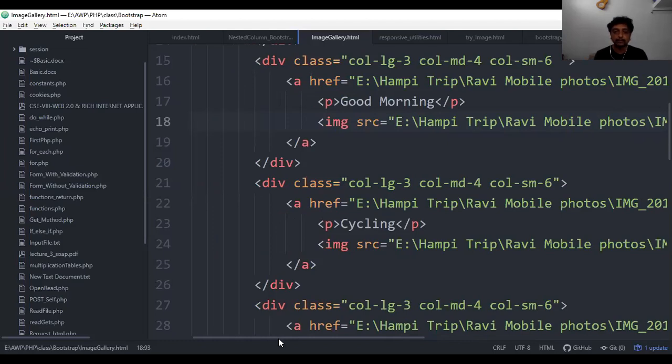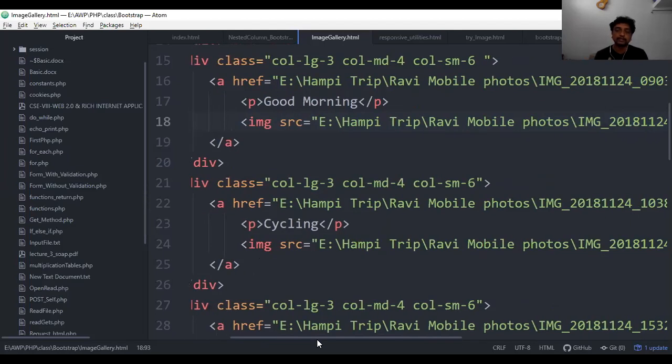You visit any company websites, any college websites, any web application you open, there will be one tab called image gallery where you need to put all the images regarding your organizations. So for that you should know how to create a page like this. Anybody, any doubt in this? If you have any doubt, ask me.